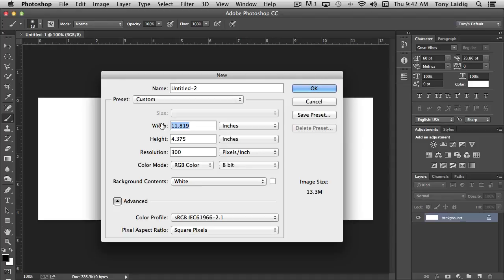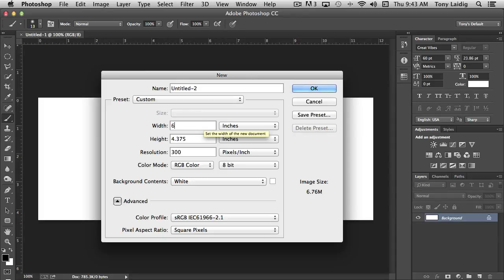If we're creating a 6 by 9 inch cover for our book, 6 by 9 is the actual trim width, but normally we would want to allow bleed, correct? So normal bleed for a print document is 1/8 of an inch, which is 0.125. So typically you'll want to allow 0.125 times 2 for both the width and the height. So what that means is we would want to create a document with a width of not 6 inches, but